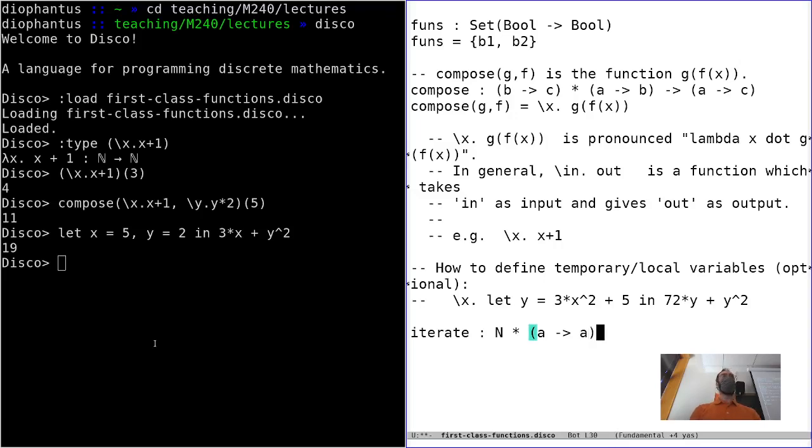don't care what type it is, as long as it's from some type to the same type, right? So it could be like natural numbers to natural numbers, or Boolean to Boolean, or whatever you want. And it's also going to take a value of that same type. So, if the function takes integers as input, then we also need to give it something. And what I want to do is